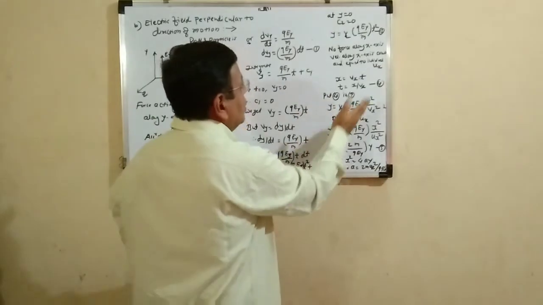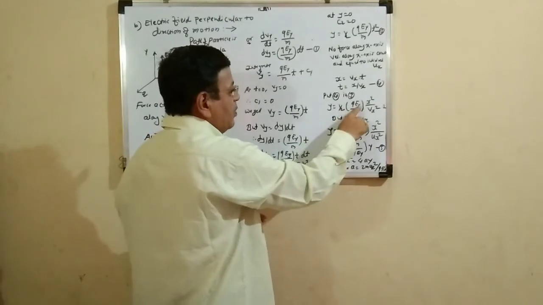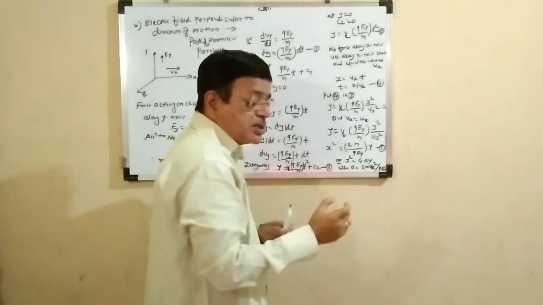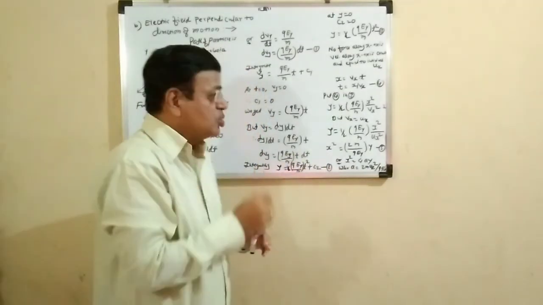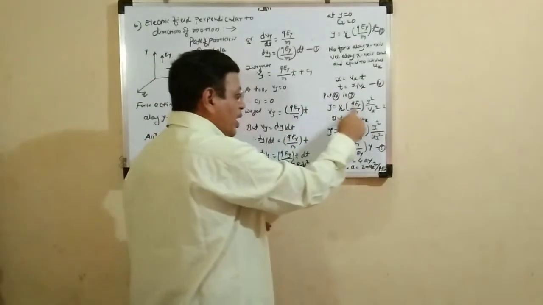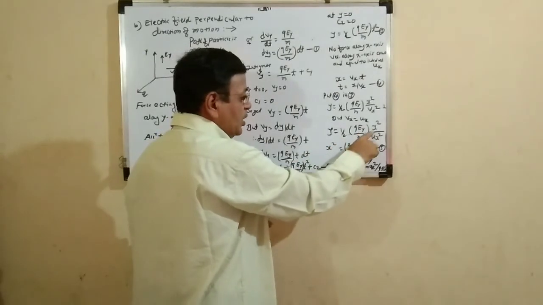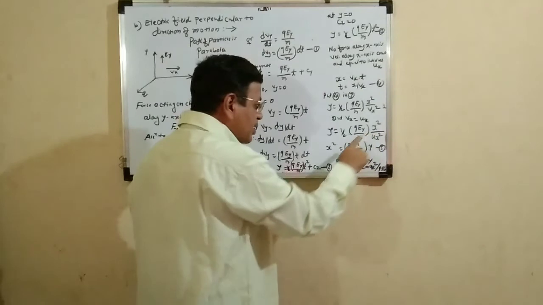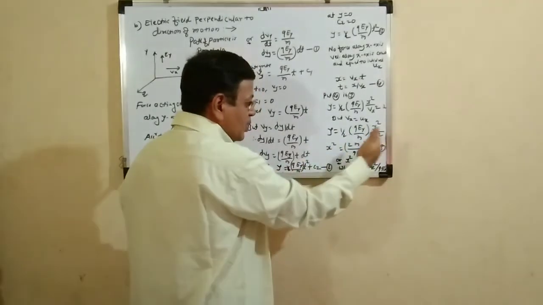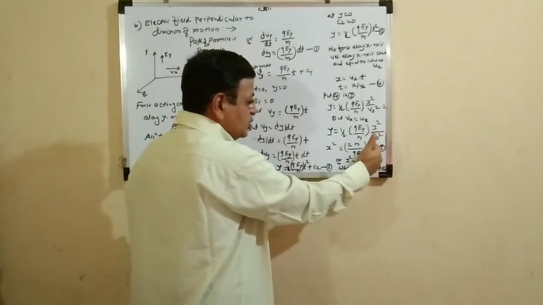Put this value in equation number 3. We get y equal to 1/2 qEy upon m into x square upon vx square. But what is vx? The velocity along the x-axis. In this situation, initially the velocity along the x-axis is ux. So we put vx equal to ux. We get y equal to 1/2 qEy by m into x square upon ux square. We may write this by transferring all terms other than x square to one side. We get x square equal to twice m ux square upon qEy into y.